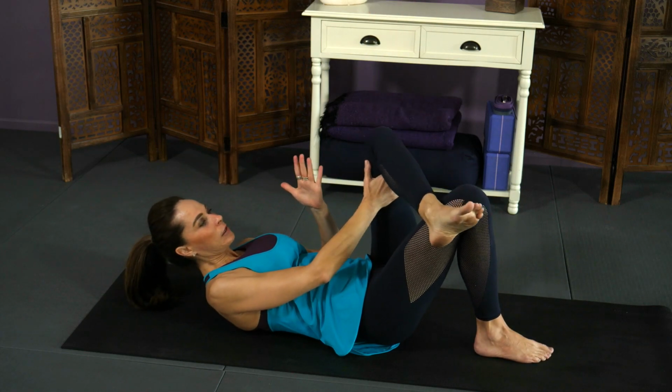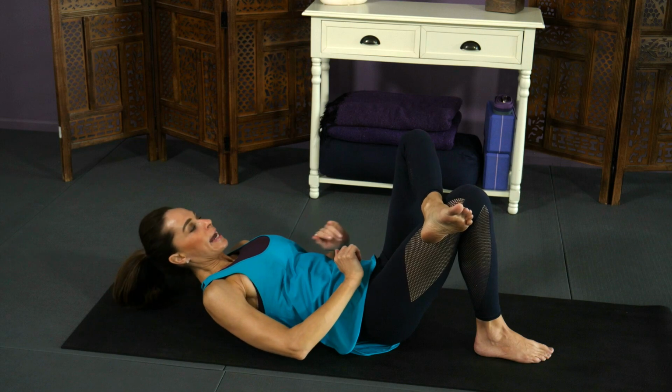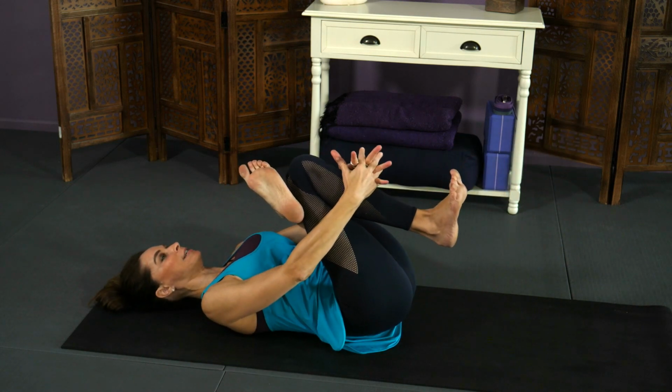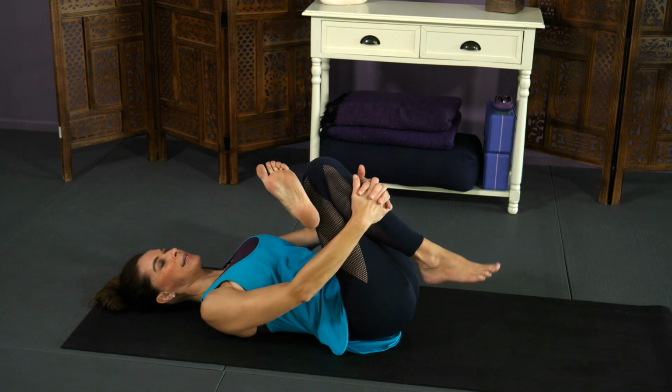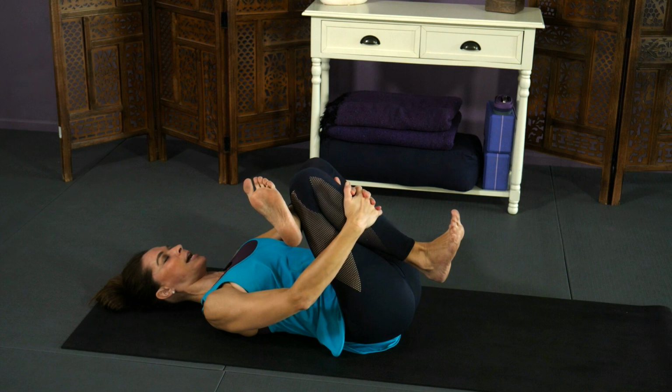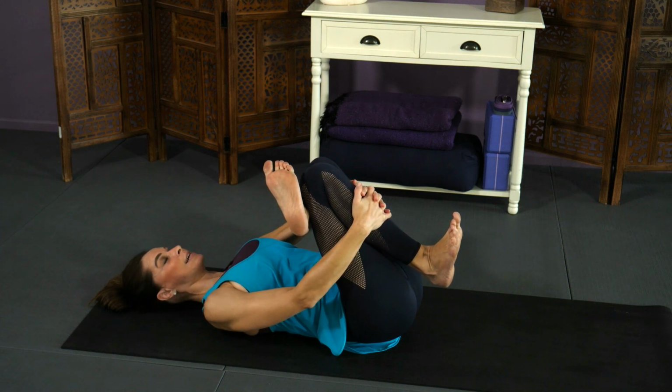Now this left ankle comes on over to the right thigh. Take the right foot up, weave the hands through, come on top of the shin. And I'm gonna have you just relax this. Now right foot, draw the right knee in. Let's gently press the left knee out and flex the left foot. Oh, this feels so good